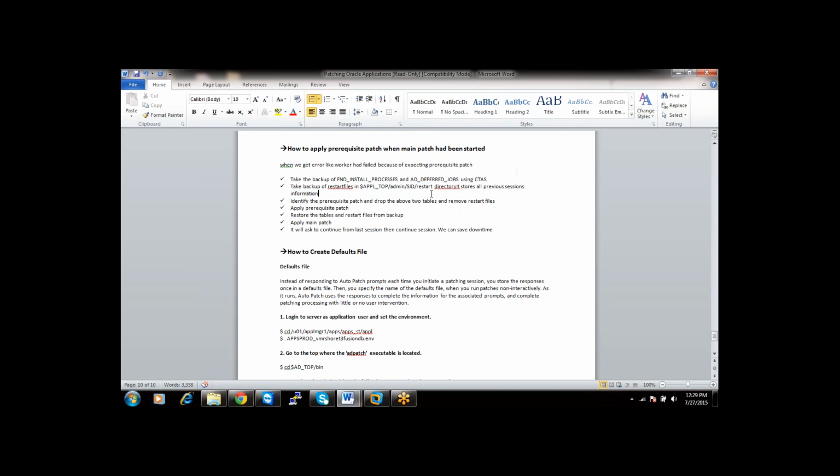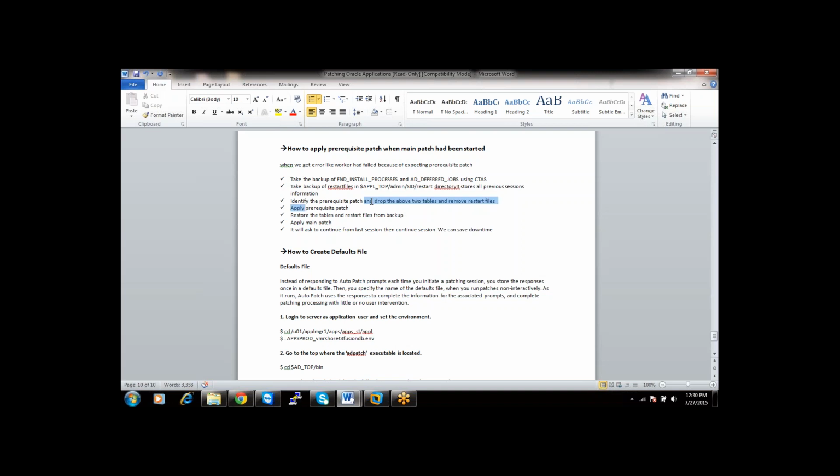So now I will take a backup of these two tables in the database, and I'll take a backup of the restart directory in the application file system. Now I will identify the prerequisite patch, drop the above two tables and remove the restart files, after taking the necessary backups.